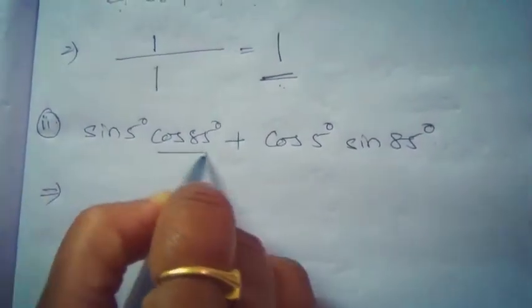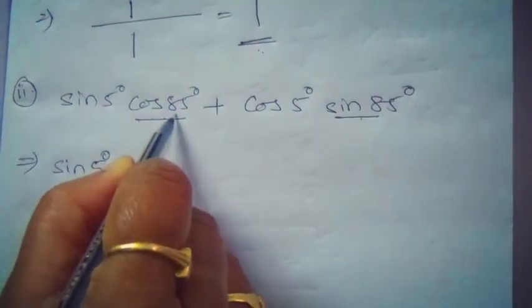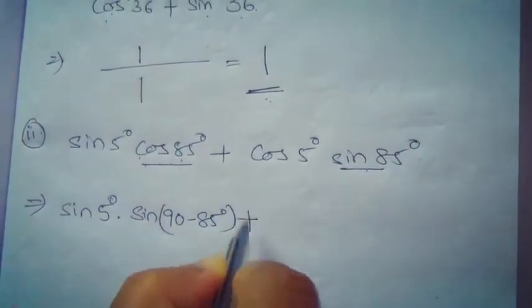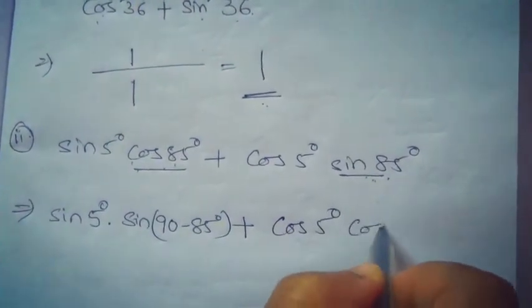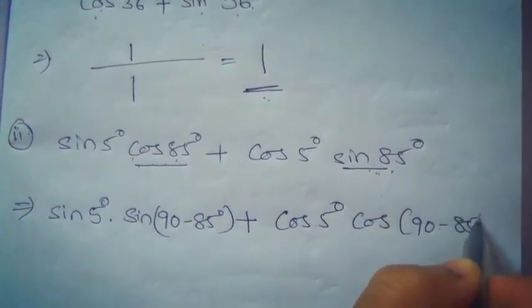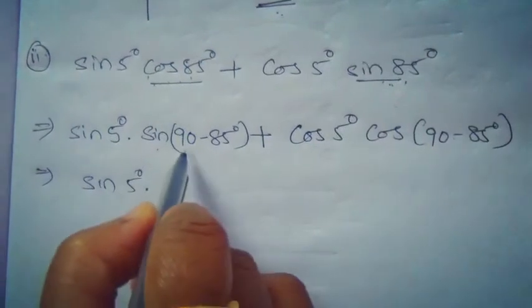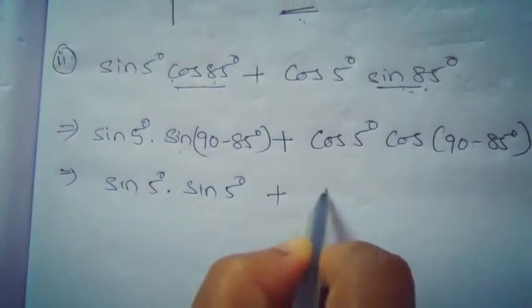Look here, you just change this to 85. Sin 5 degrees into cos theta, no? Cos theta we can write as sin 90 minus theta. Just like that, sin 90 minus 85, plus cos 5 we just keep as it is. Sin theta means cos 90 minus theta, that is 85. So that is equal to sin 5 degrees into sin 5 degrees, subtracting 85 from 90, plus cos 5 degrees